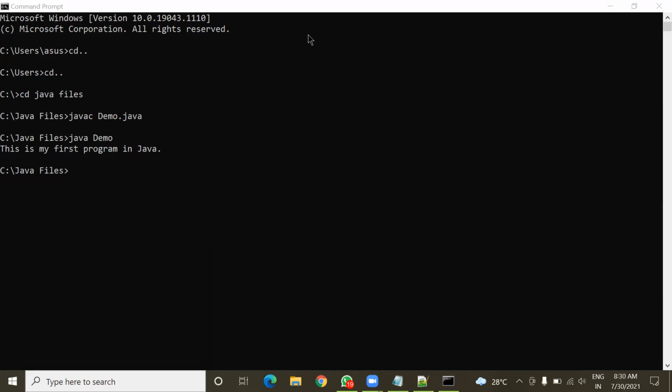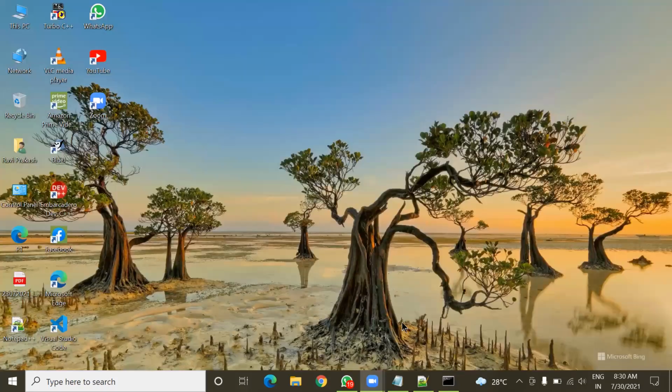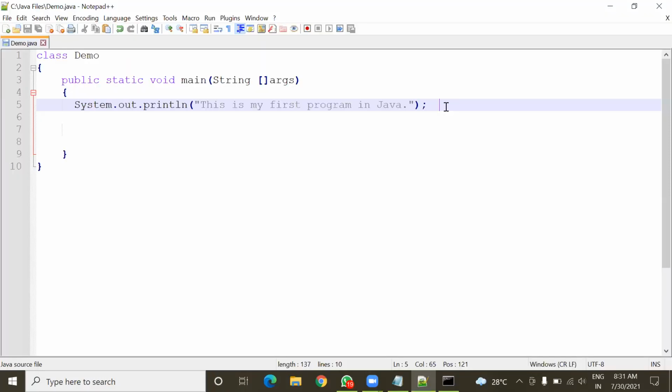Any other question? Okay. So just don't think that it is complex. I accept that it is a little complex because this is your first time programming in Java. But as you proceed with practice, it becomes easy. It is a new language, and whenever we learn any language, it is difficult the first time.